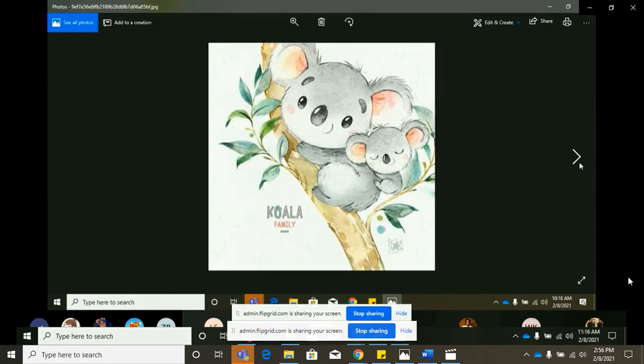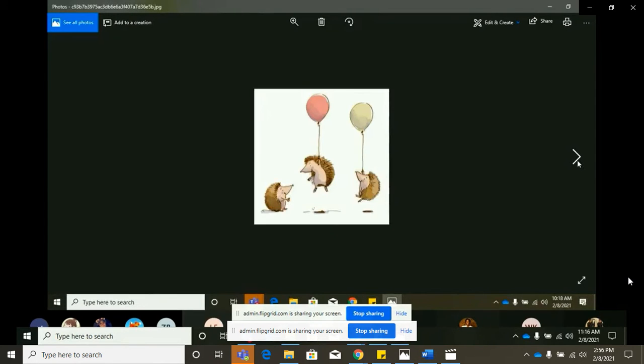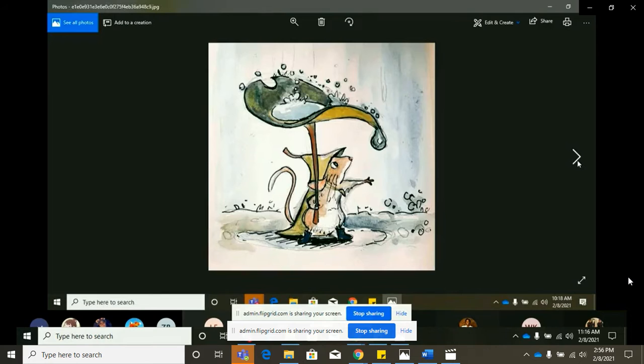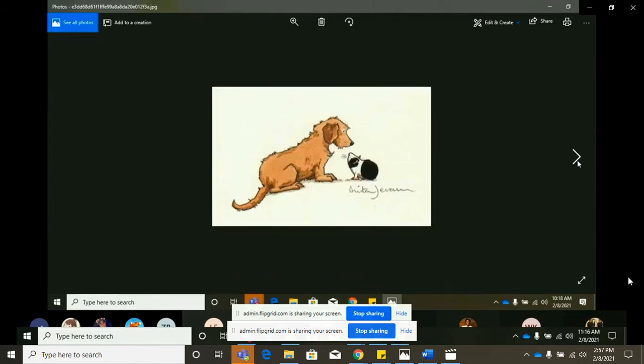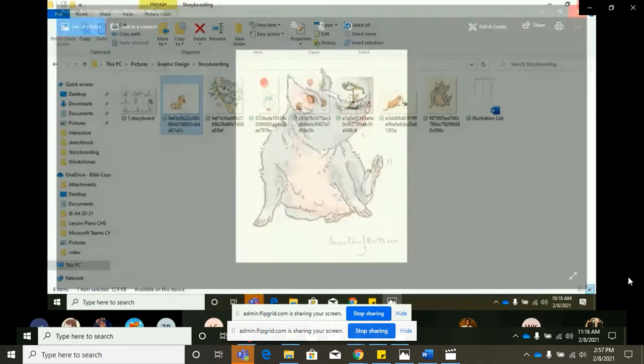This is just ideas. My visual arts class is actually doing illustrations, so theirs are going to be a little bit more intense because they're going to be using pencils and pens and things like that. But you're going to create your own character, okay? After you create your one character in Canva, you're going to then, let me exit this,